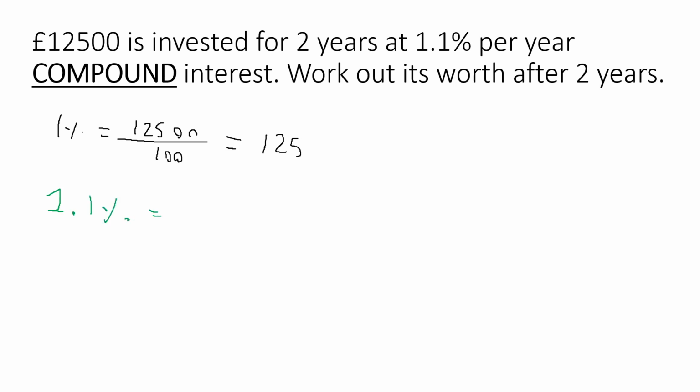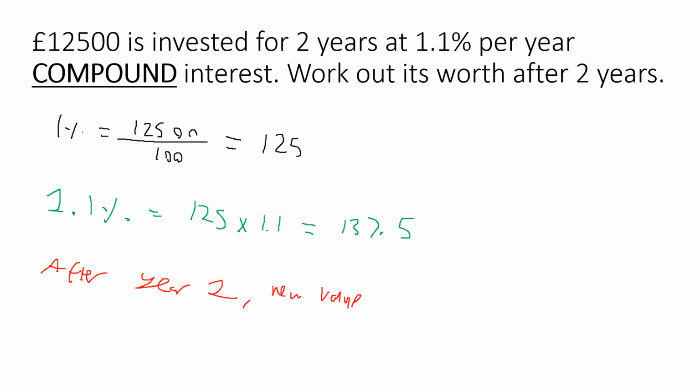1.1% is going to be equal to 125 times 1.1, which is equal to 137.5. So now, after year 1, the new value is equal to 12,500 plus 137.5, which is equal to